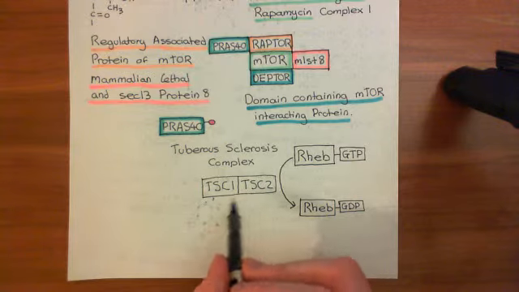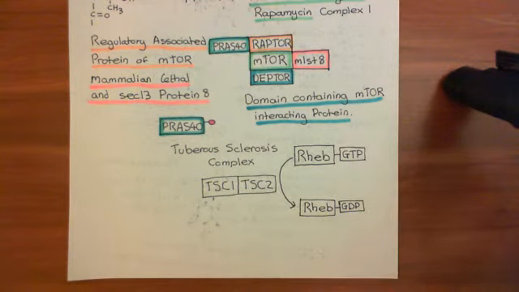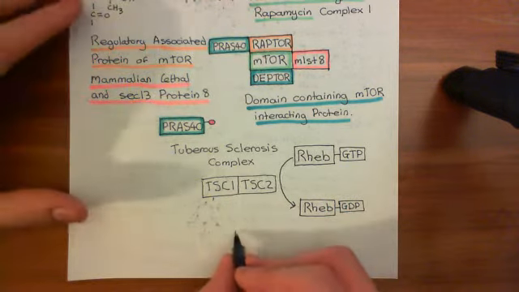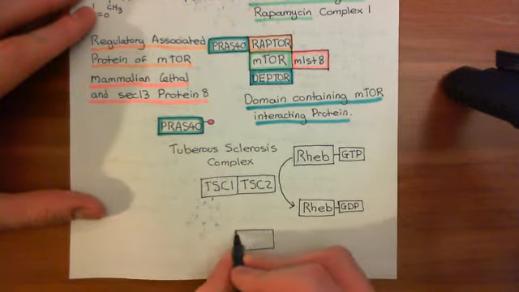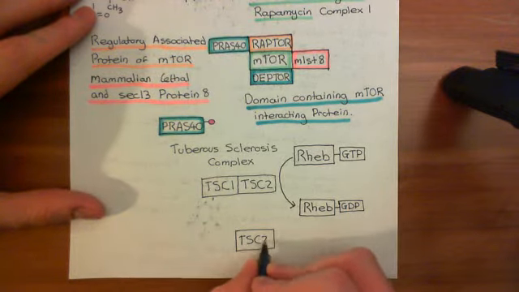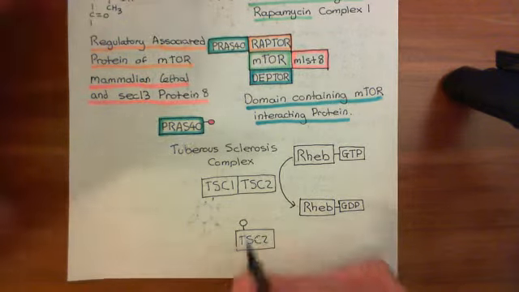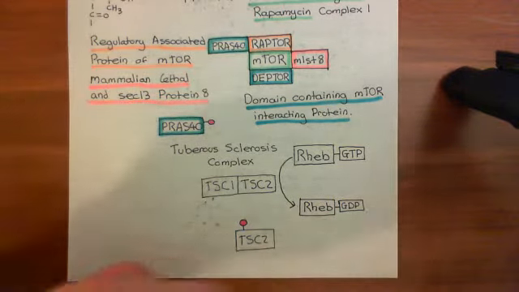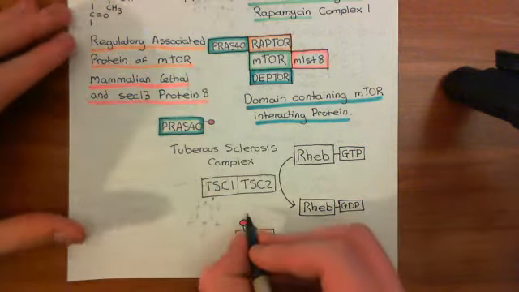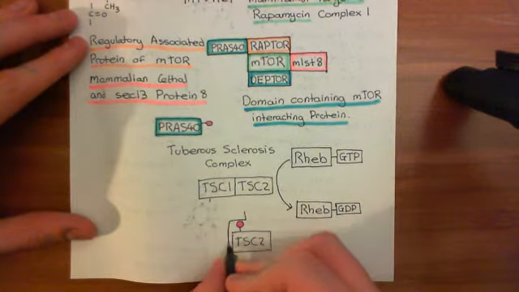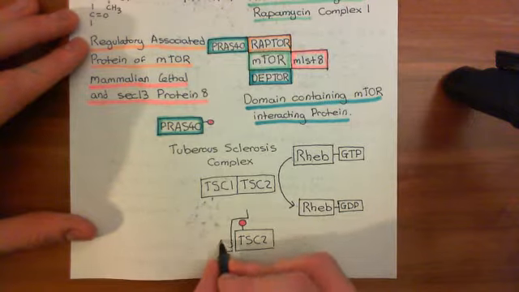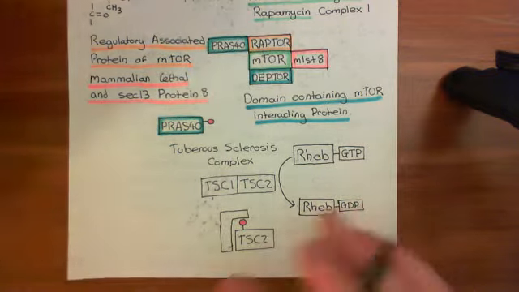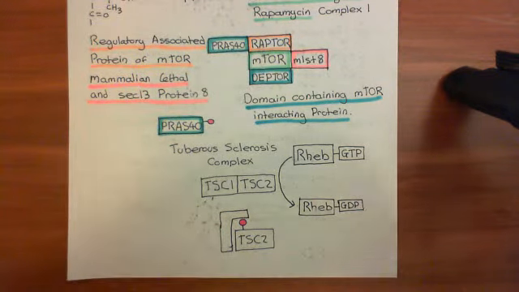Now, basically, what protein kinase B is going to do is it's going to phosphorylate this tuberous sclerosis complex protein 2. Okay, so here is tuberous sclerosis complex protein 2, and it gets a phosphate group stuck on it, and when tuberous sclerosis complex protein 2 gets a phosphate group stuck onto it, there is another protein that now loves to come and bind to the phosphorylated tuberous sclerosis complex 2. Okay, so along comes some other protein here, which comes and binds to this tuberous sclerosis complex 2. And this protein has a rather bizarre name. It's called